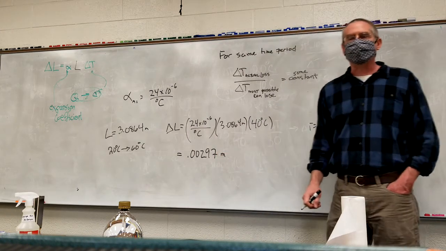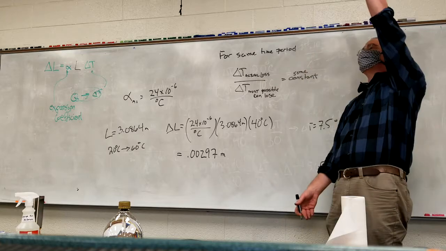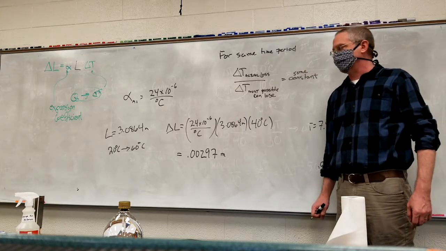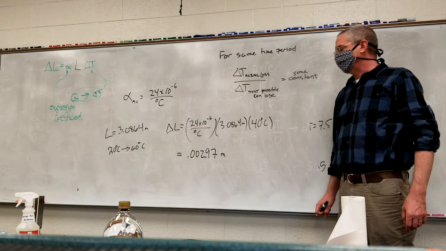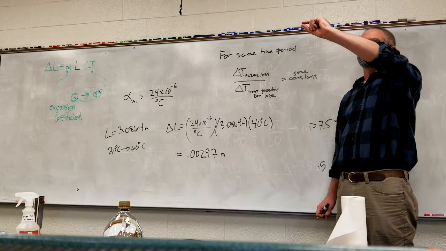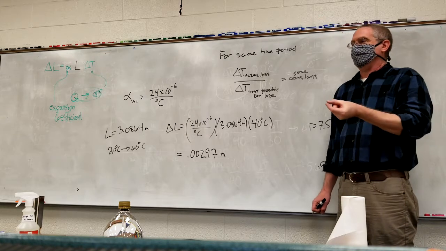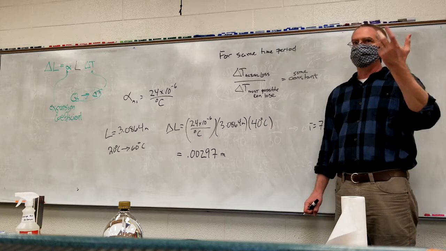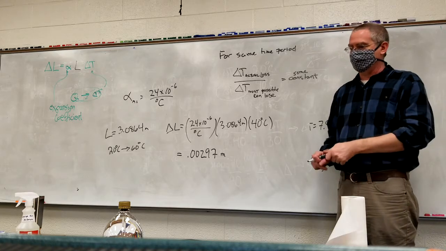So if we had an aluminum rod that basically went from the floor to the ceiling and you heated it up from room temperature up to 60 degrees Celsius, that thing's going to expand a little under 3 millimeters. So about like that. That's how much it's going to expand. It is not particularly significant, fortunately, otherwise building tall structures would be a real huge nuisance.